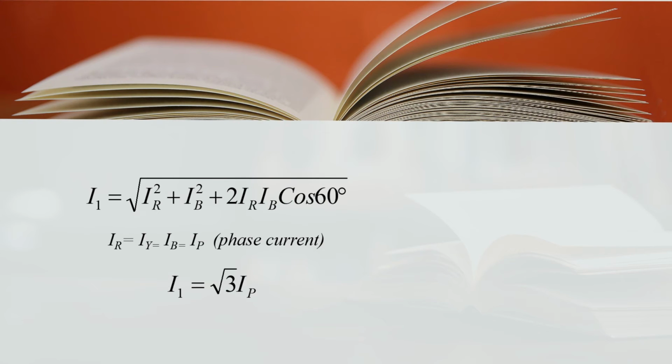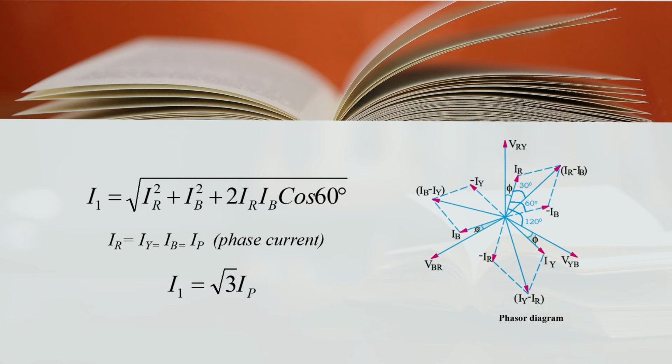Now with the help of that, we can make the phasor diagram. Here you can see that the phase angle between all three of these line currents is 120 degrees. So now you have to find out the current I1. So I1 current is what? It is the phasor difference of the current IR and current IB. So here you can notice that the phase angle between current IR and IB is equal to what? 60 degrees.